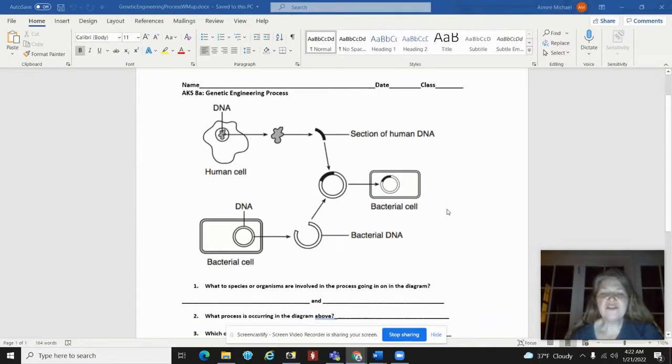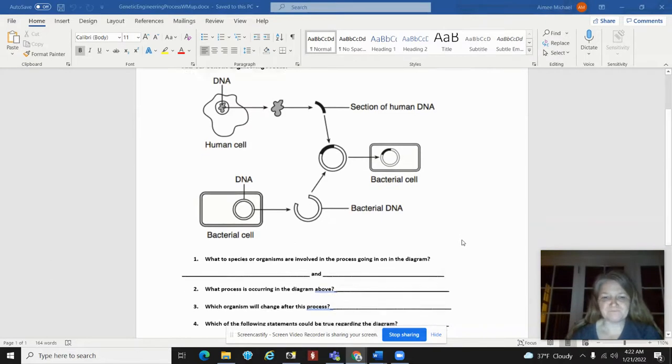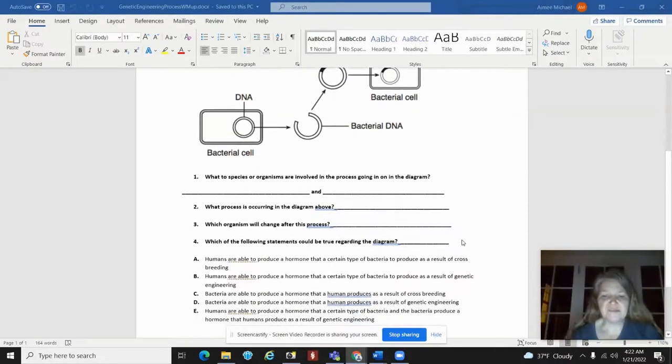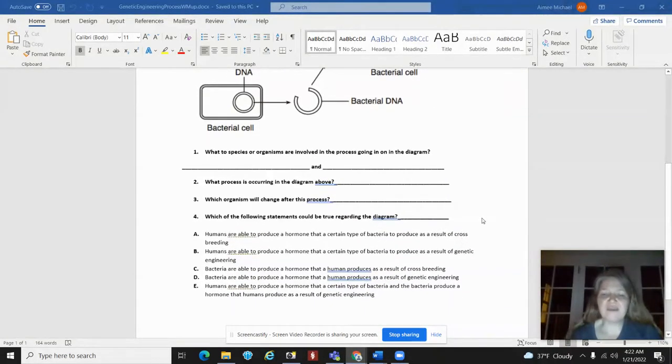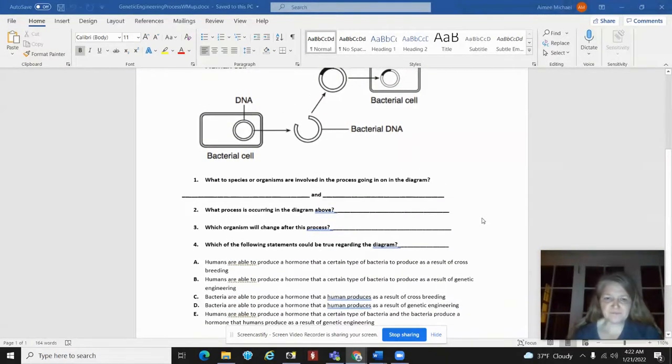Okay. If we look down here at our questions, the process that is occurring in the diagram is genetic engineering, and the bacteria is going to be the organism that changes and becomes a transgenic organism or a genetically modified organism. In class, we discussed what this means, and we had a multiple choice here. And so if we look at the multiple choice, it says, which of the following statements could be true regarding